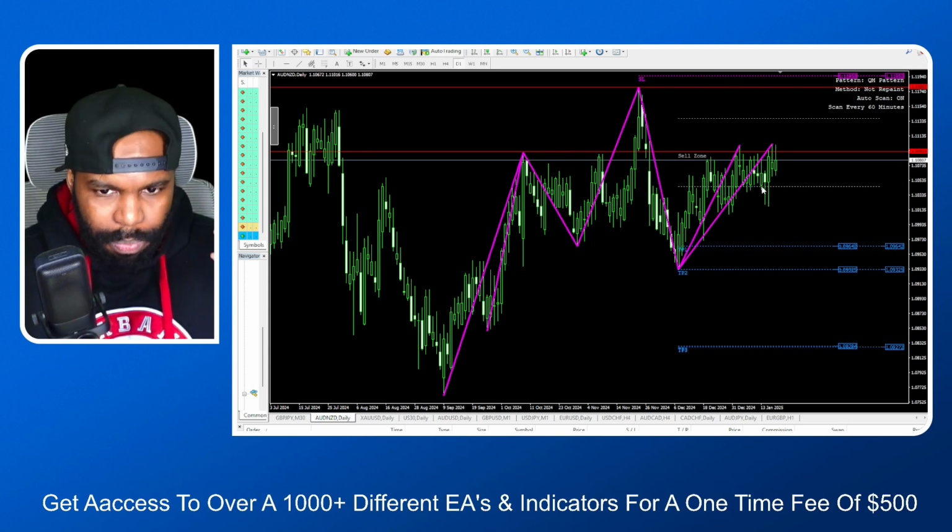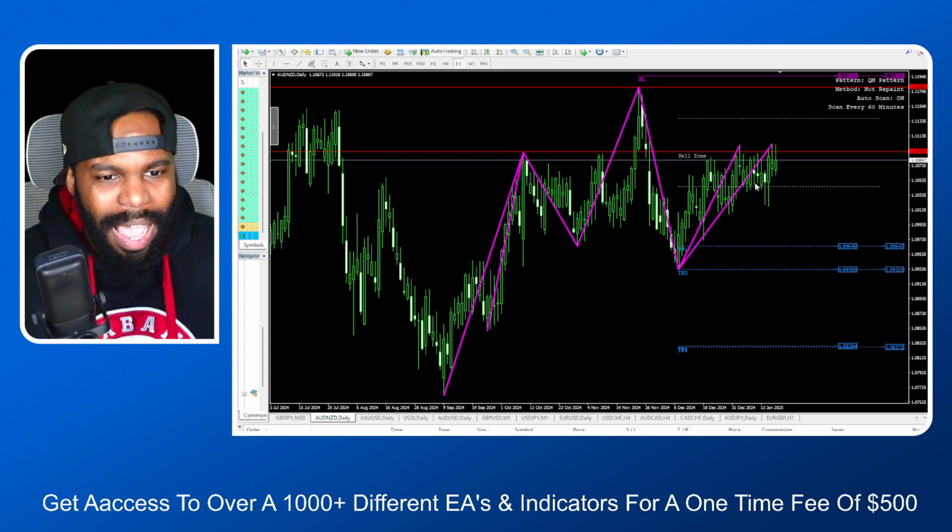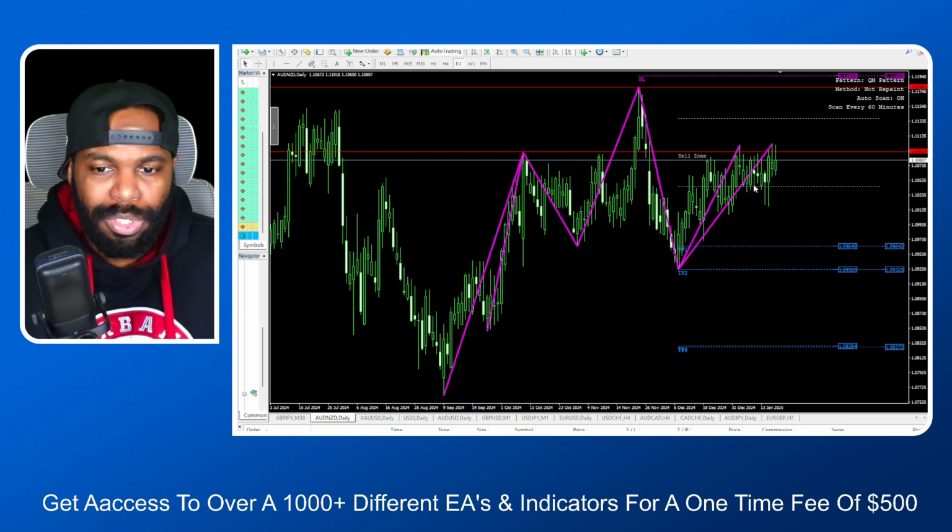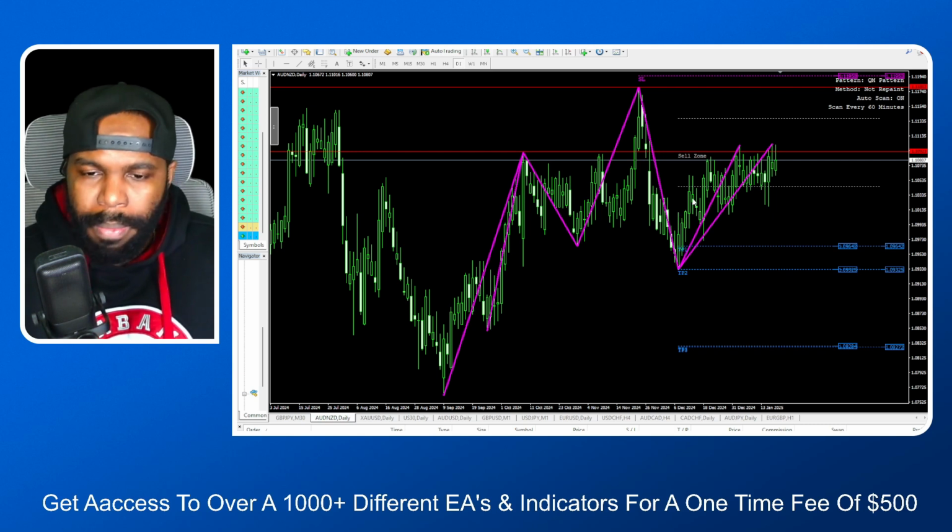You have to break price down to the lower time frames to look for those candlestick patterns, those bearish engulfings, those supply and demand zones. You want to look for those confluences on lower time frames. So this NZD, I'm going to be on the lookout for that, because there's a Quasimodo pattern